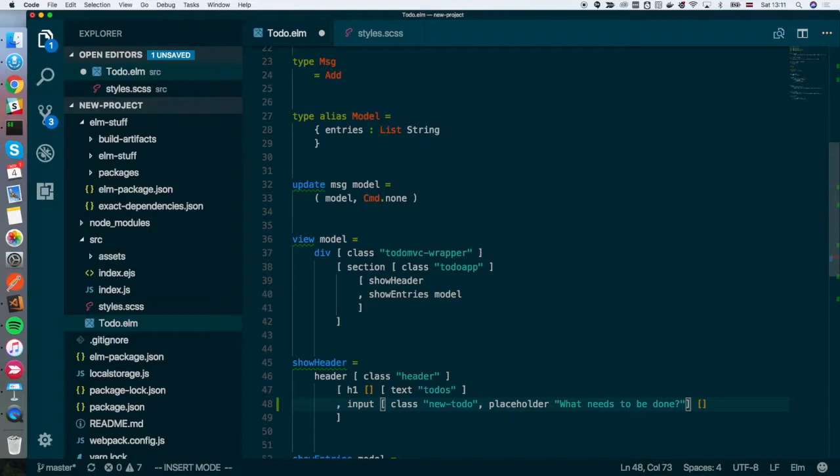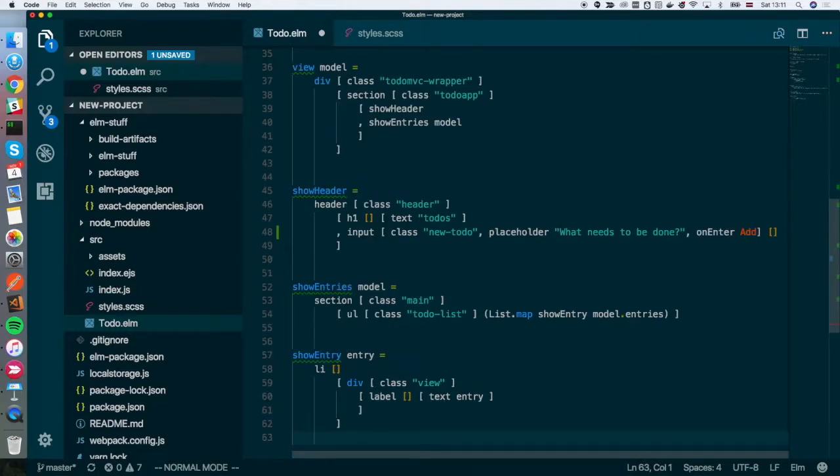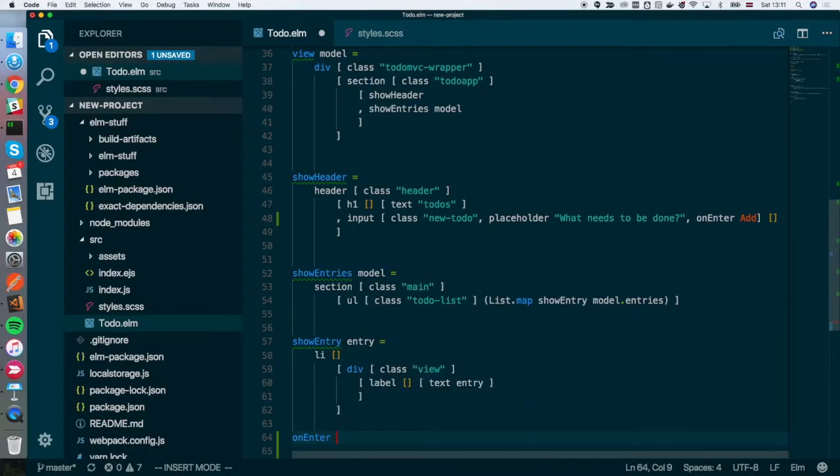So let's do that. Let's say on enter, and we want to supply a message of what we actually want to do on enter. And on enter we're going to say add. So let's actually define this on enter function. On enter we'll accept a message,